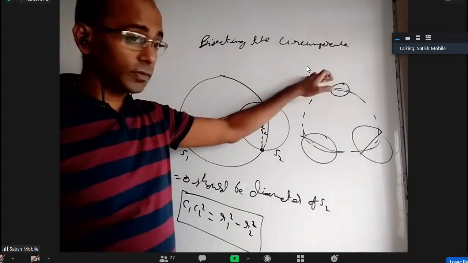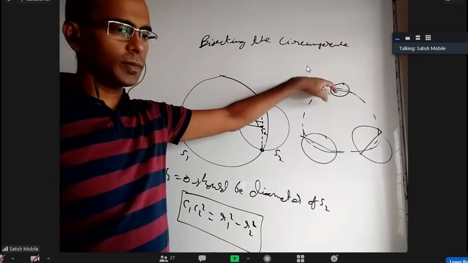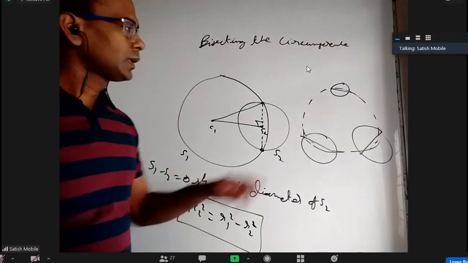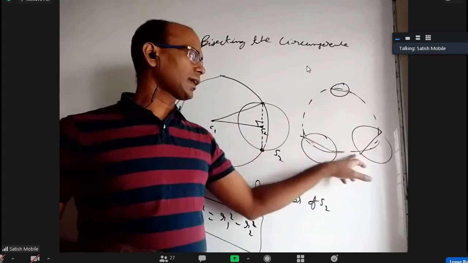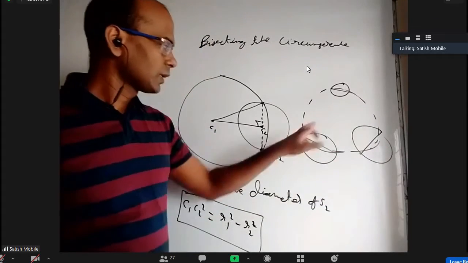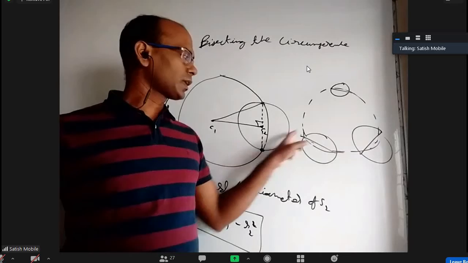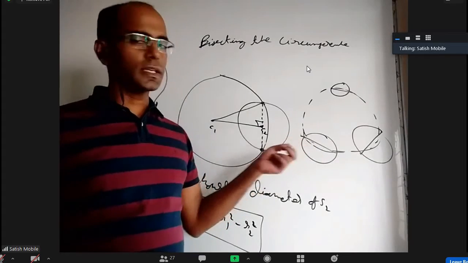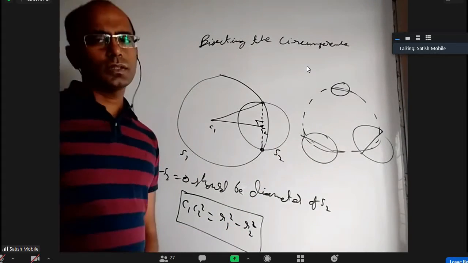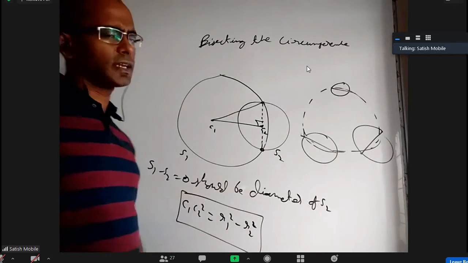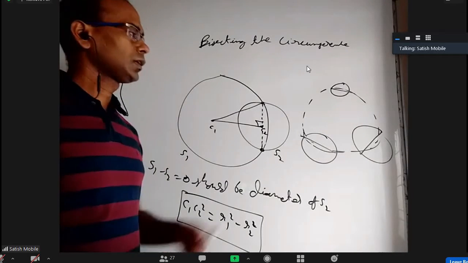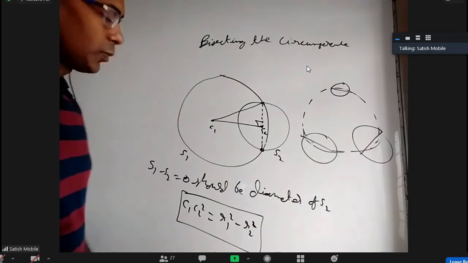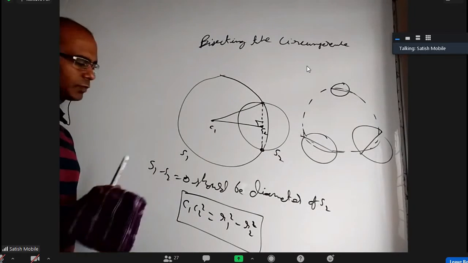And then we subtract from this, and we'll get a line. That line should be a diameter of that circle, an equation. Subtract this and this one, we'll get a line that should be a diameter of this circle, another equation. Subtract this and this, we'll get a line that should be a diameter of this circle. Substitute the center, and we'll get 3 equations and 3 unknowns. You have to do all that. I don't think there is any easy method like the radical axis. You have to do all that work. Okay, that is about bisecting the circumference, nothing more.